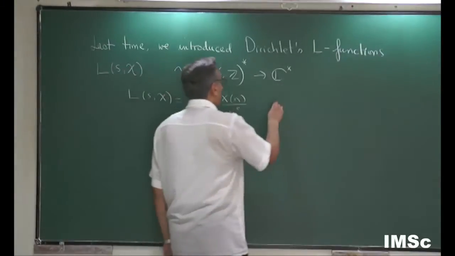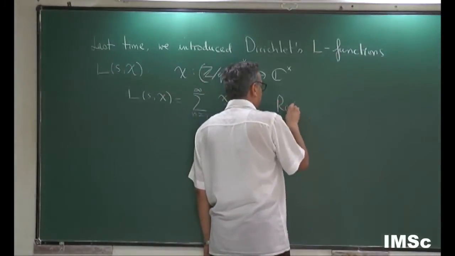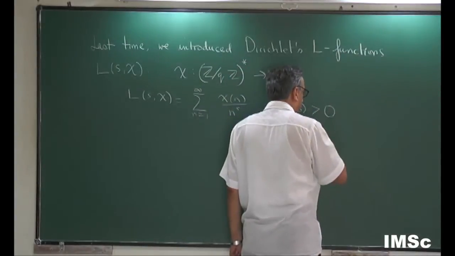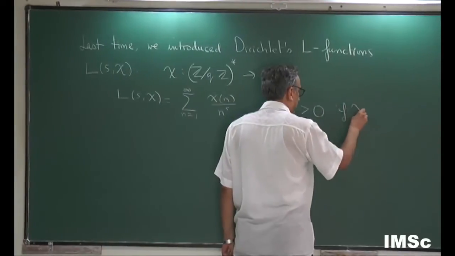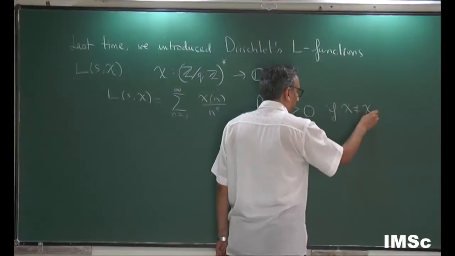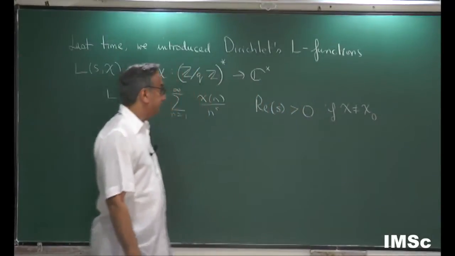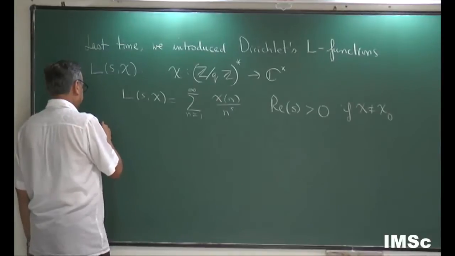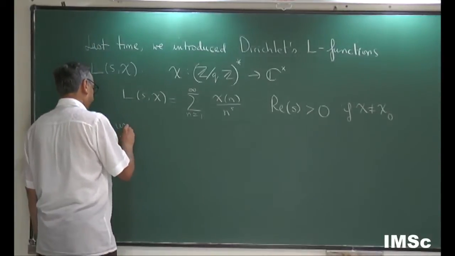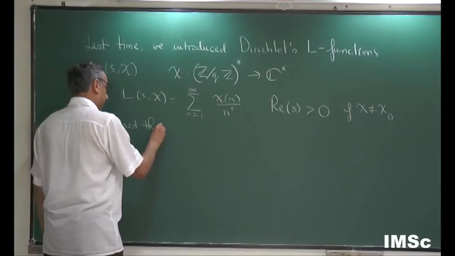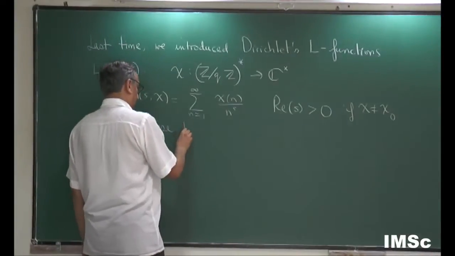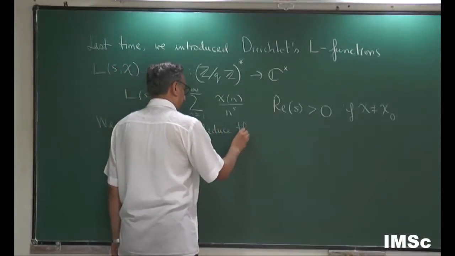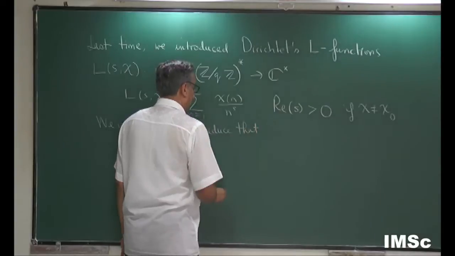And so this we noticed, because of periodicity and boundedness of the partial sums, actually converges for real part of s bigger than 0 if chi is not the trivial character, denoted by chi 0. We use this to deduce that